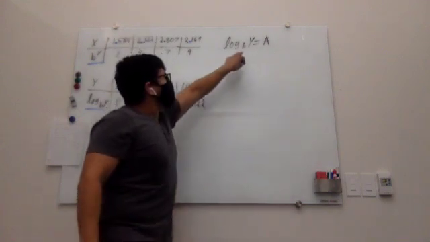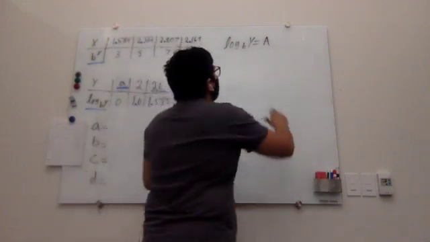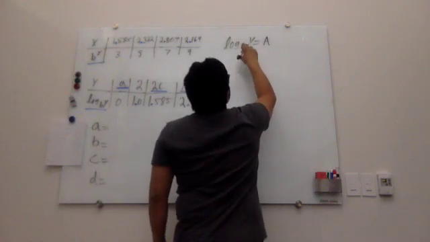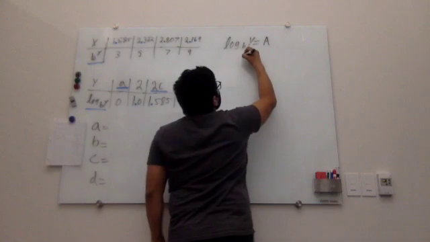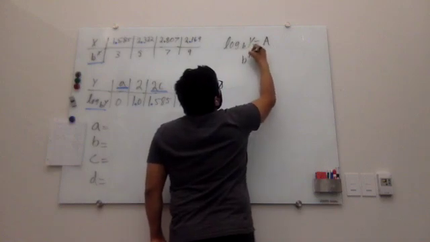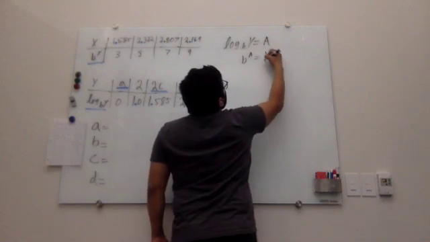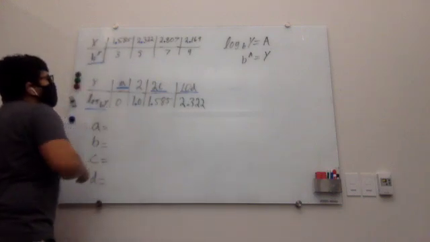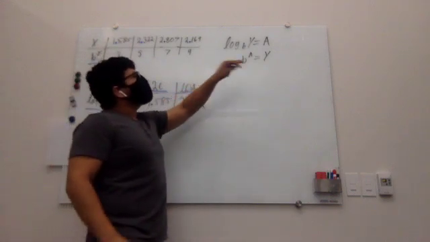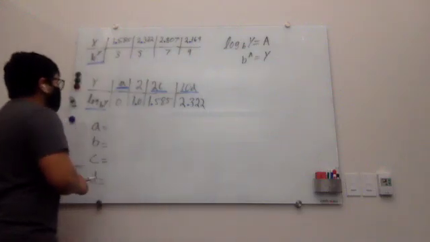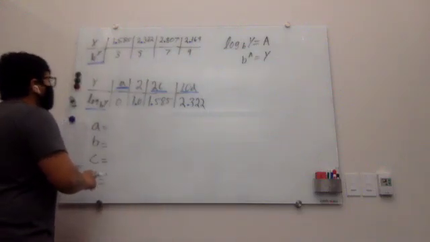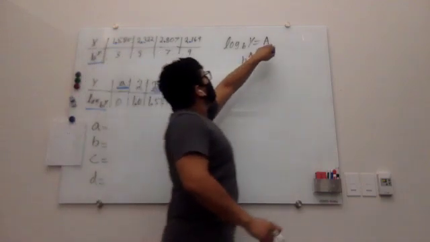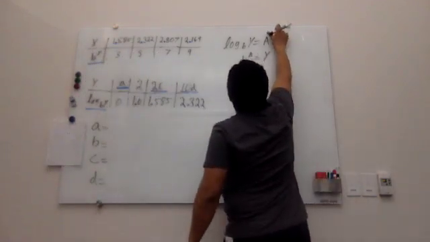Rewritten in exponential form, this log equation is b to the a power is equal to y. Okay, well, let's take a look at this. This isn't necessarily helping us out too much, but we do know that this entire function here of a, or equaling a,